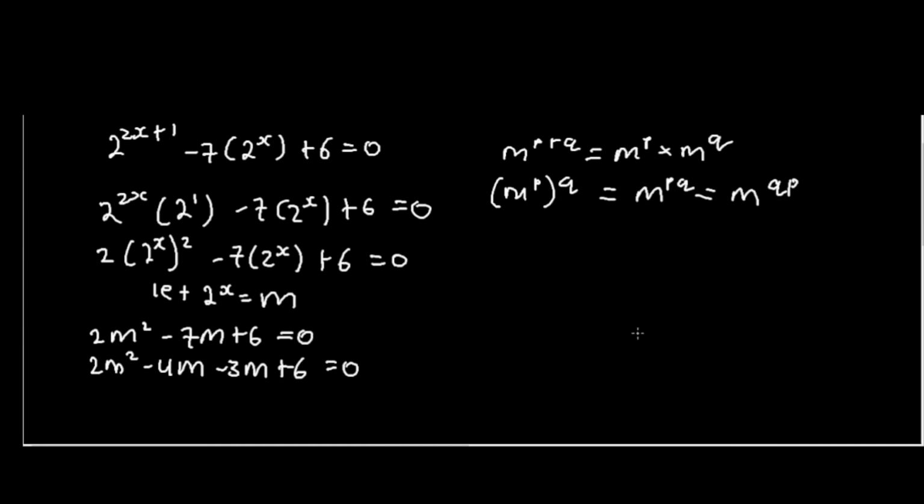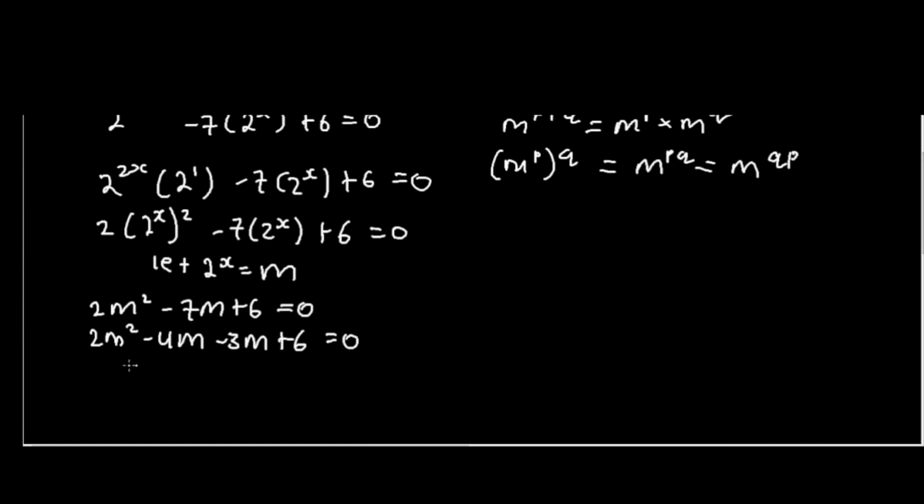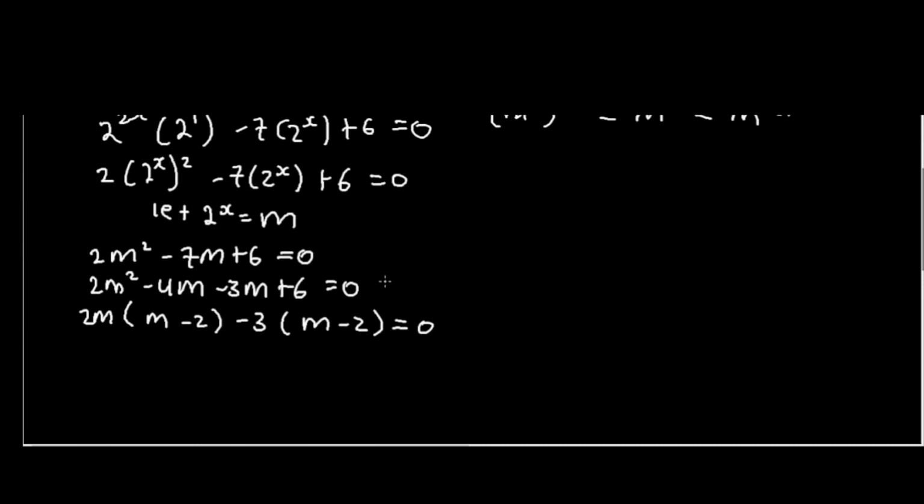And then here we can factorize out the common factor, it is 2m. We shall remain with m minus 2. Then here we can factorize out negative 3. We shall remain with m minus 2, like that. This is equal to 0. And then after that, we shall get 2m minus 3 into m minus 2, and then this is